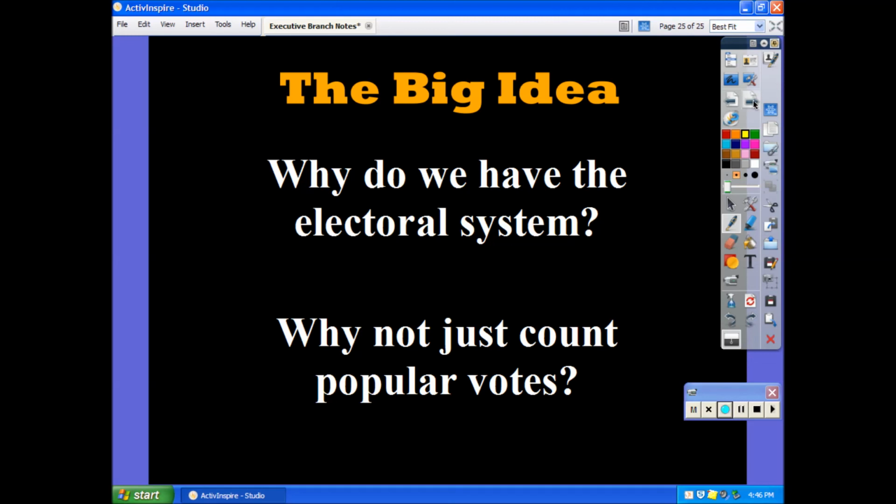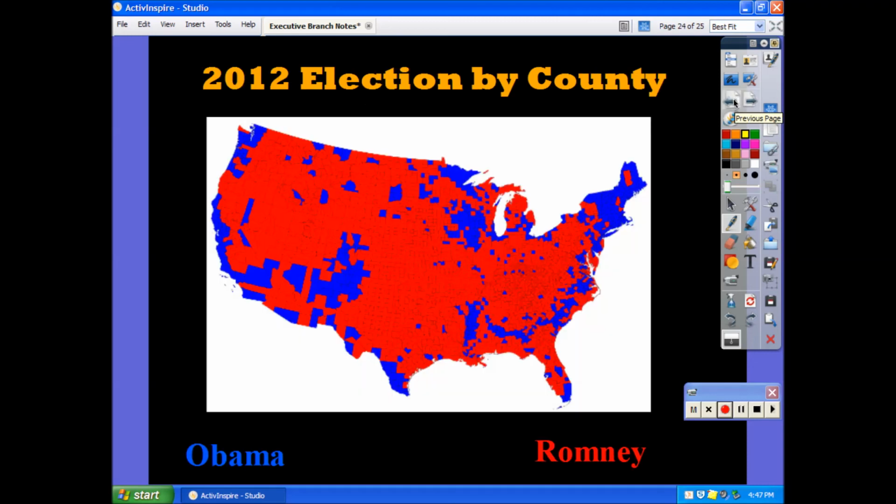We take that same system and we apply it now to the electoral process. We want to make sure that every state matters when it comes to the election of president, not just the states with large numbers of people. Because quite honestly, if it was only about large numbers of people, looking at this map, you'd only have to win about 3 or 4 states in order to become president of the United States. You win California and Texas, New York and Florida and maybe Illinois or Ohio, and you're president.